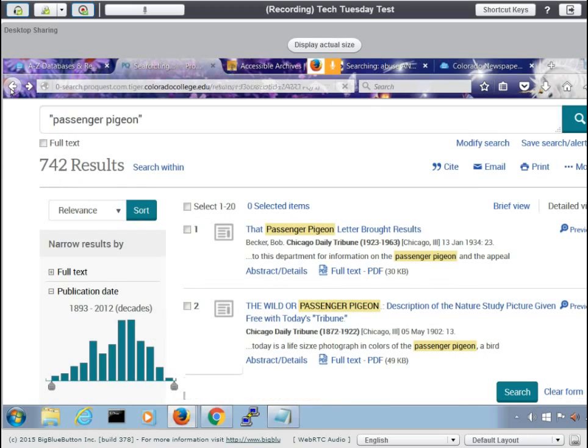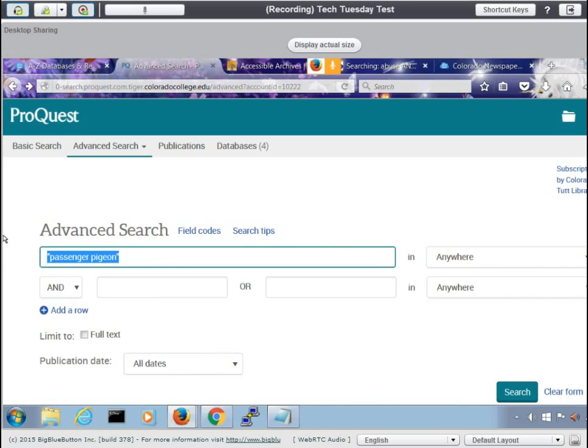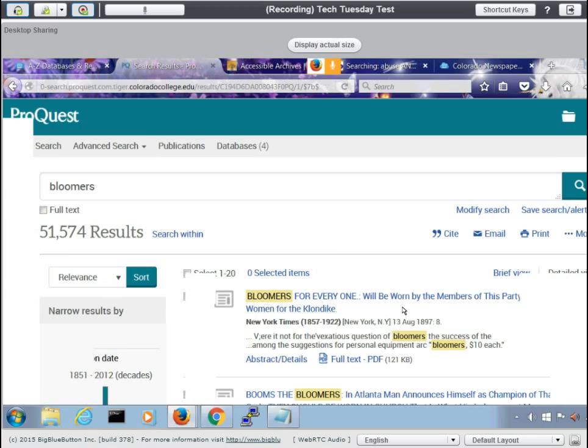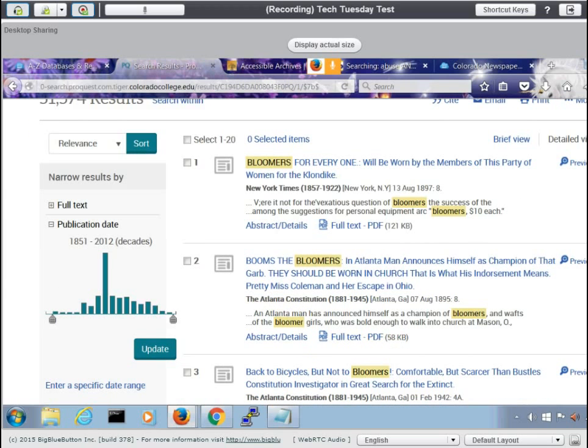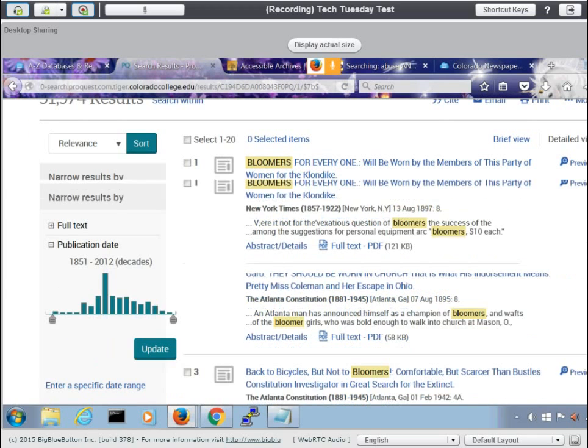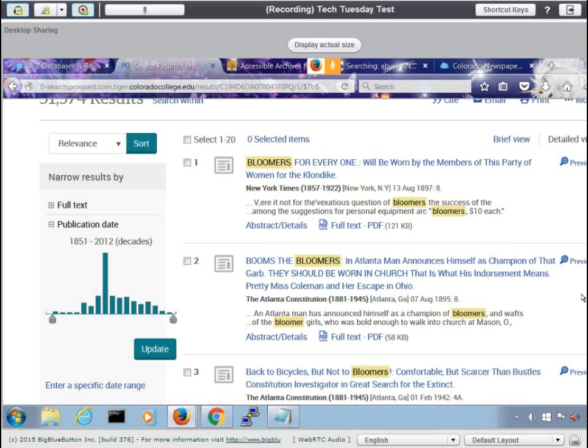Another one that I find is interesting to look at is bloomers. I don't know if you guys remember that there used to be a time where women were basically not allowed to wear pants in Western culture. And then early feminists started wearing bloomers, which were these sort of giant blooming pants. And it can be interesting to look, again, at the distribution of the dates here. And you can see that bloomers, I guess, got real popular